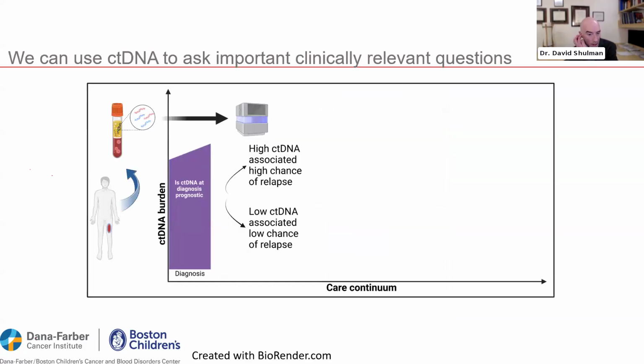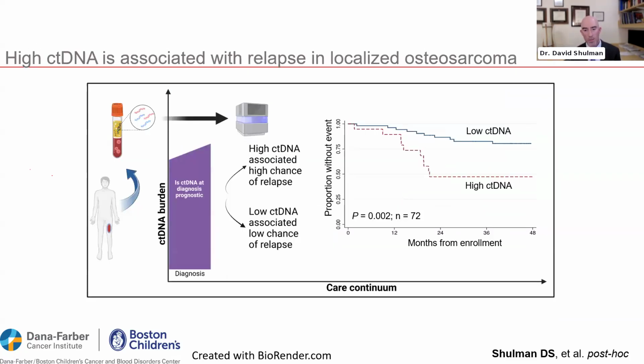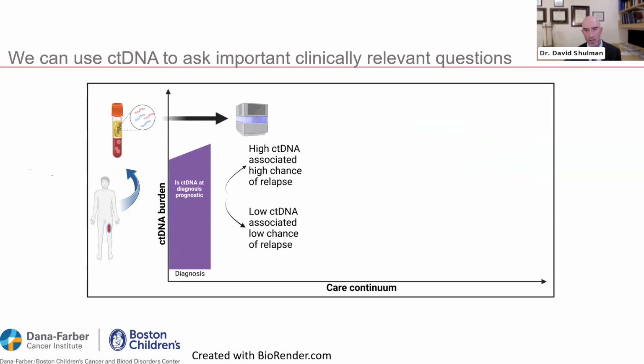And so as these assays get developed, we want to ask specific clinical questions. One of the first questions we asked in our study of circulating tumor DNA for patients with osteosarcoma, and the other half of my research is in Ewing sarcoma, was the very fundamental question: when you're diagnosed with a bone sarcoma and you have high circulating tumor DNA when you walk in the door on day one, does that tell us something about how likely treatment is to work for you